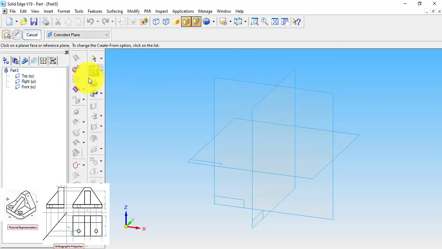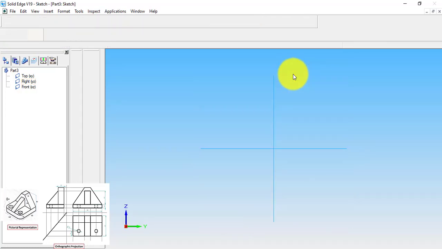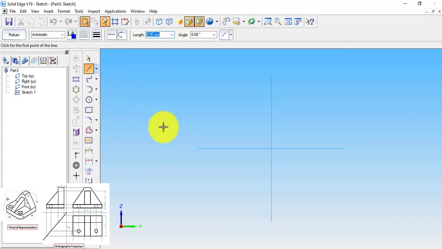Initially we need to use the create sketch option and select the desired section plane. Now as we have chosen the side plane, we need to draw the side view of our object. For better representation, we can start from the origin.